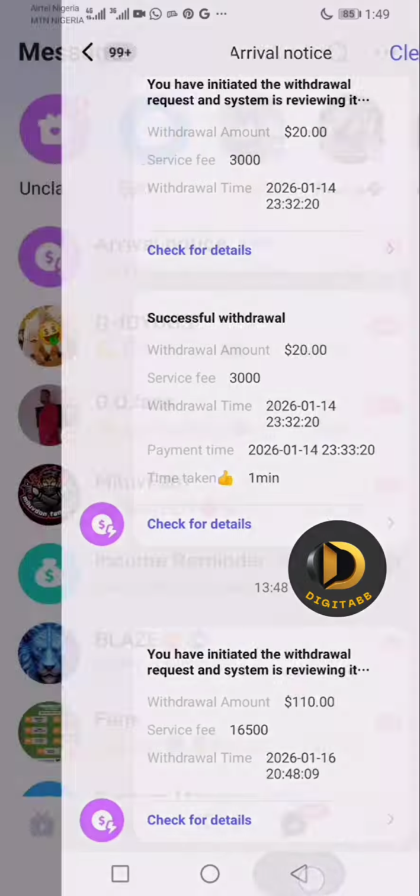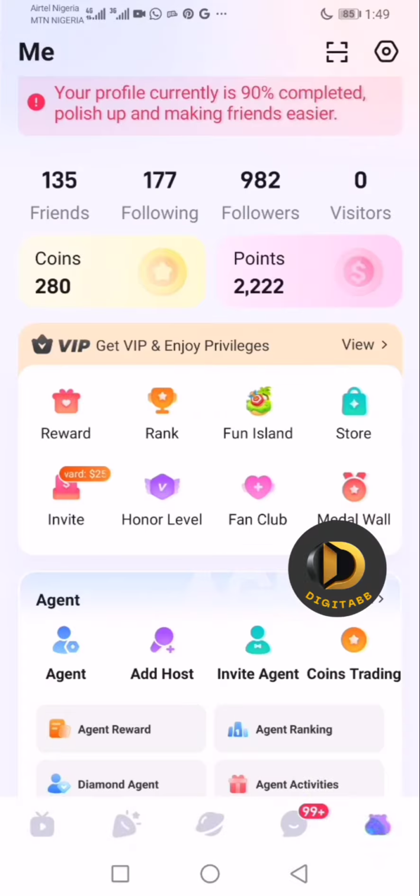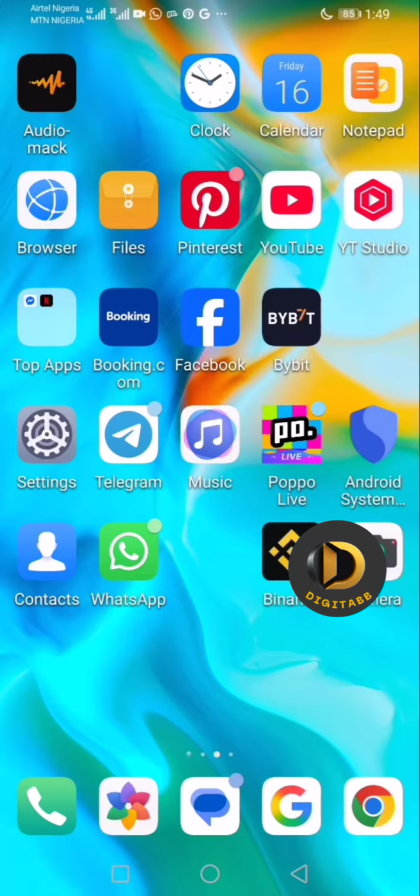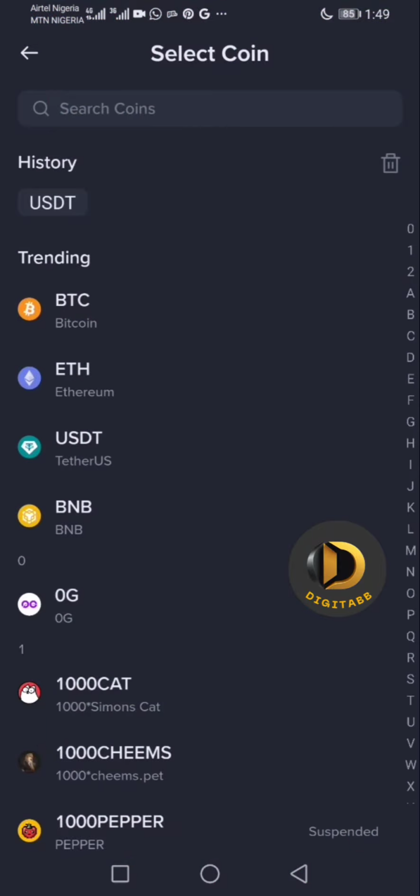One good thing about the Poppo app is that when you withdraw your funds, it doesn't take time. Once you withdraw, you get your money straight away. They don't delay on this app. So let's go to Binance, friends. Okay, so this is my Binance. Before I withdrew my money from the Poppo app, I had about $8.85